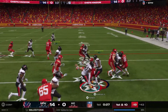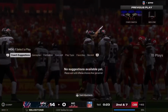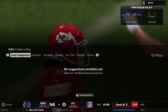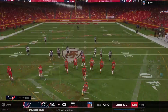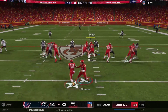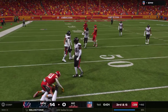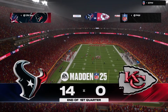Running right is Pacheco. He gets it ahead, winds up with about 3. Will Anderson Jr. in on the stop. Give him a few yards on that run. It's 2nd and 7. You know, kid, I like to call these body blows. You've got to be committed to running the football. Even if it doesn't move the chains, I guarantee you that wear and tear will pay dividends later. And once again, he doesn't manage much before getting...